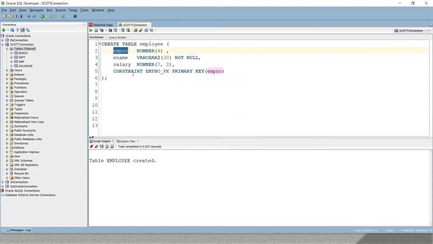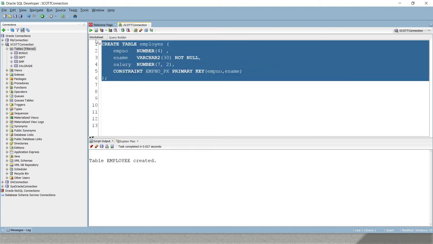Of course you can create a composite primary key. Let's say employee number can be duplicated. That is not possible at all usually, but just assume employee number can be duplicated. Then you cannot define employee number as a primary key. Then you have to think about some combination. Let's say employee number and employee name represent a unique record. Then you would like to define a composite primary key, right? So here you can pass more than one column.